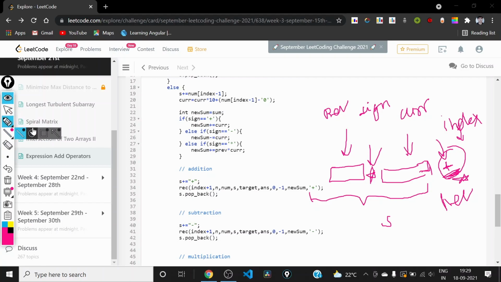So I am adding a star here. I will just update the current and the previous, and I won't add anything to sum now. It will be done when positive or negative operators are encountered.